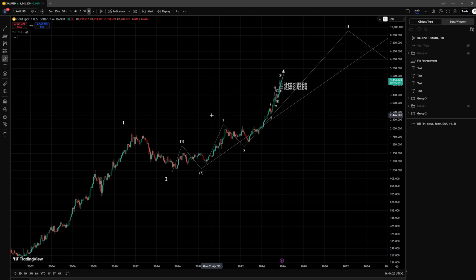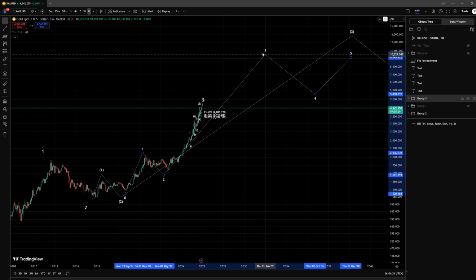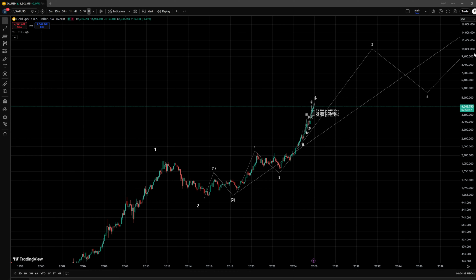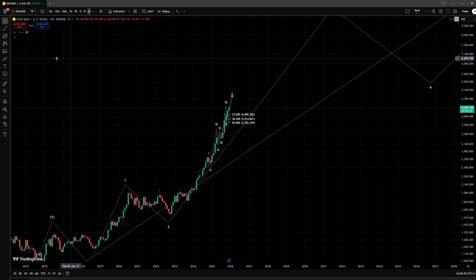Now, this isn't the only interpretation that is possible. Even throughout the entire chart, it could still form or morph into a diagonal structure, but right now we are able to track this idea of an impulse, and it is working quite well. There are no areas of support that have been broken. There are no structure indications that this could not be tracked as an impulse.